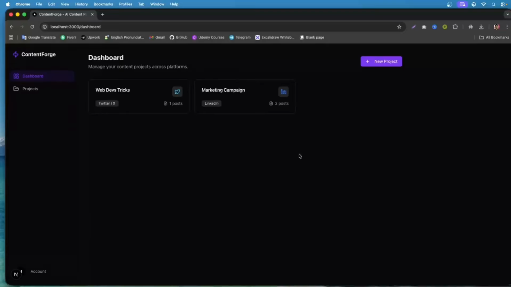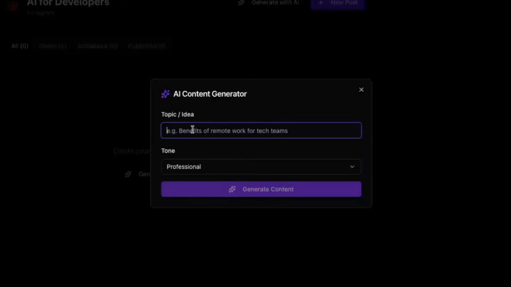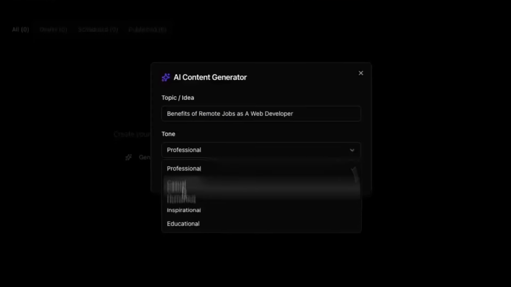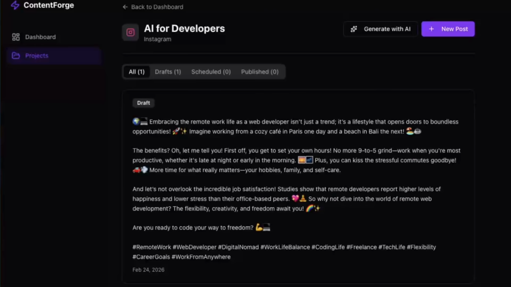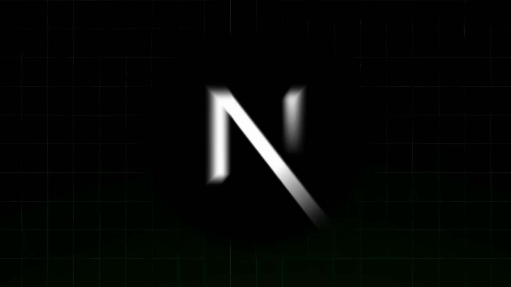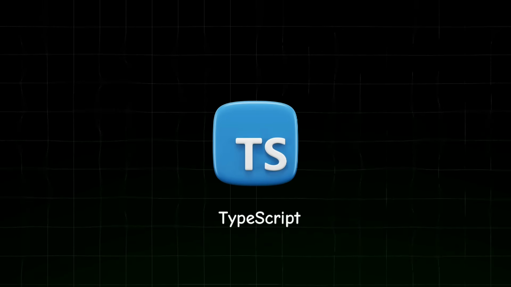We're building a full stack AI content planner. It's a SaaS app where you can manage social media posts for LinkedIn, X, and Instagram, handle post workflows from draft to scheduled, and generate high quality content using AI. To build this, we're using a cutting-edge stack: Next.js 16 with app router for the front end, TypeScript for type safety,